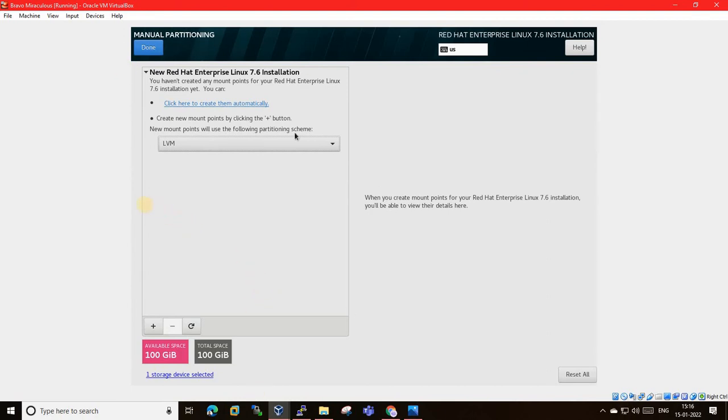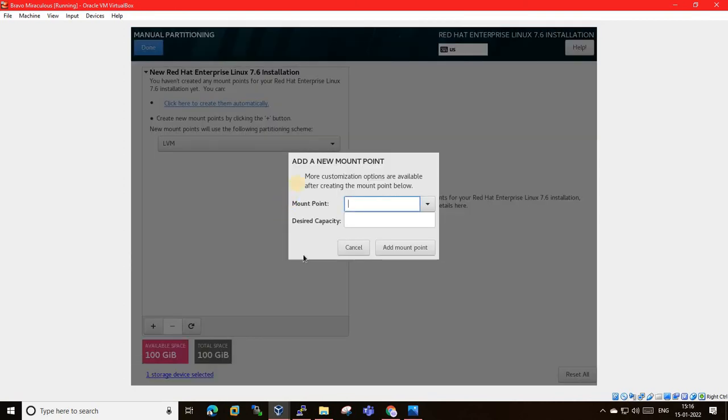Can we make the screen a little bigger? Okay, so now we'll take a boot volume, and we'll give it 1 GB.